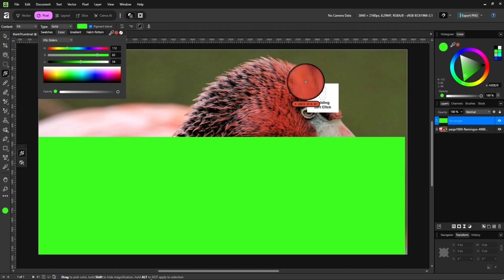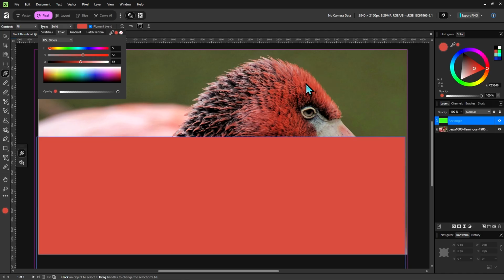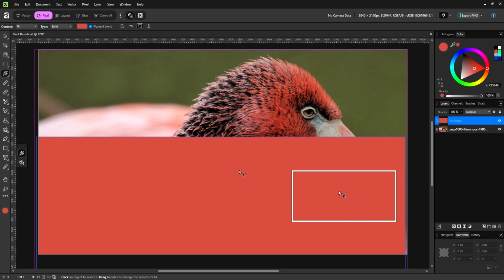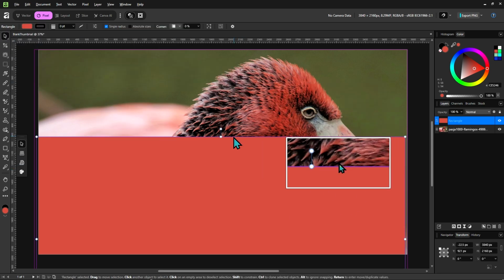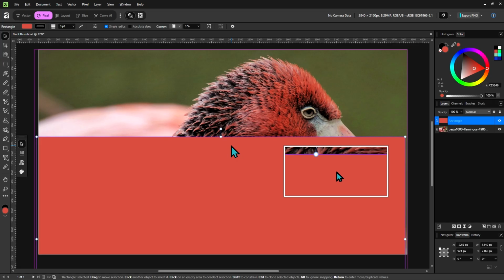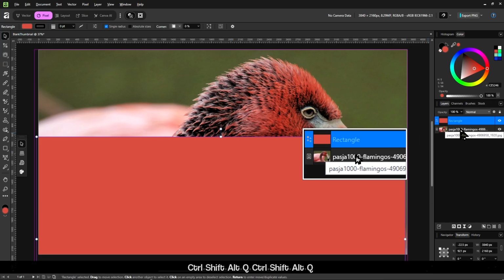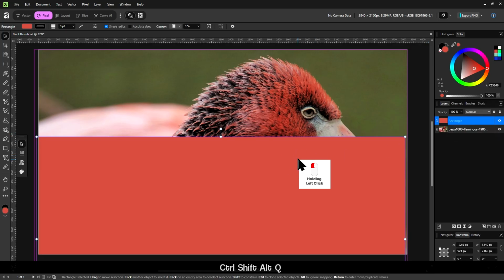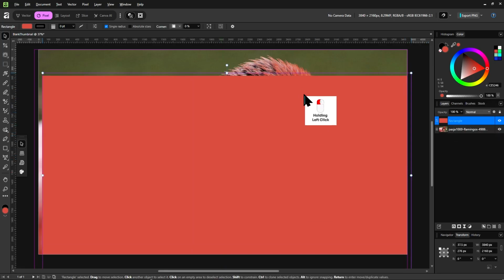I don't know the name of this animal, by the way. If you know, please do let me know what it's called. And there we go. We now have the color of this animal's hair. I think it's hair, or is it fur? But we have that red color as the color of our rectangle. But now that we don't need this image anymore, we could delete it. But I'm going to keep it anyways, because it might come in handy later.